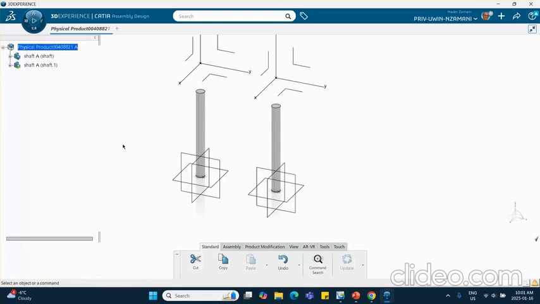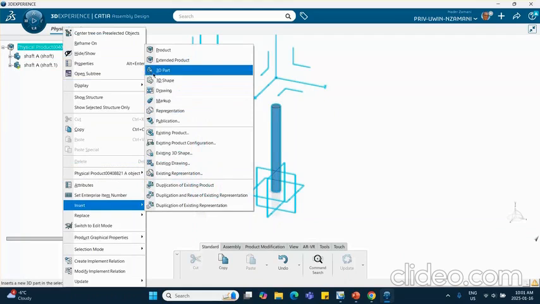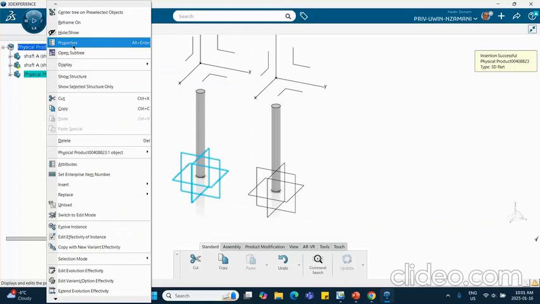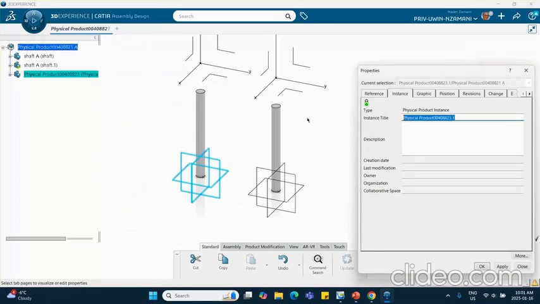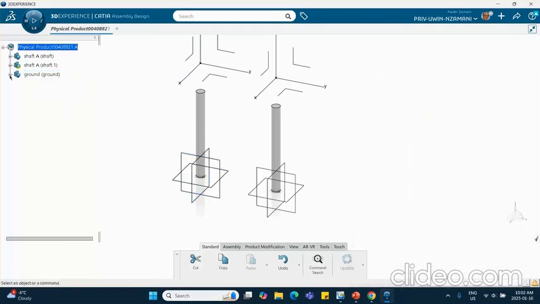let's go and make the ground. So right click, insert 3D part, and I'm going to call this thing the ground. Properties, make this thing the ground, and ground. All right, let's go make it. So double click on it,